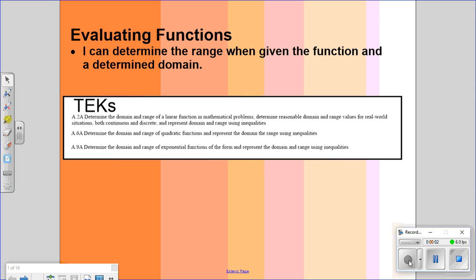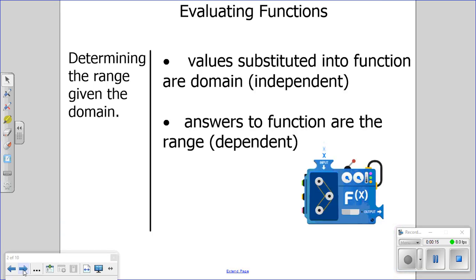In this lesson, we're going to be talking about evaluating functions. By the end, you should be able to determine the range when given the function and a determined domain. Evaluating functions. When we're evaluating functions, the main thing that we're looking for is the